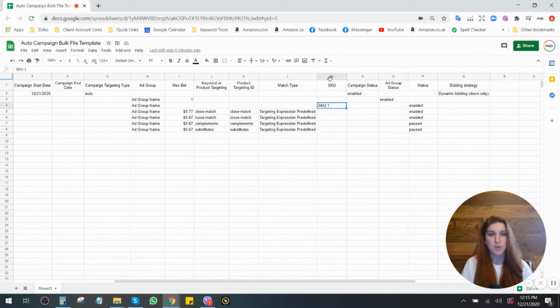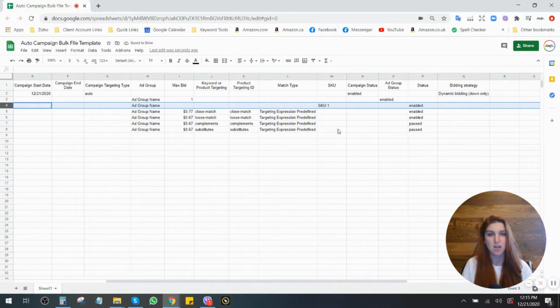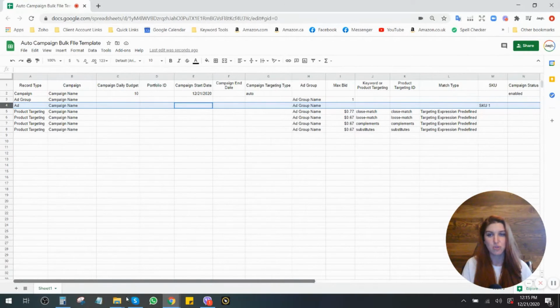Then on this row and in this column, you need to make sure you put the SKU. So if you're familiar, bulk files are always tied to the SKU, not the ASIN, when you input any of your products. So you need to put the SKU. If for some reason you wanted to put additional products inside of this campaign and this ad group, you want to add multiple different products,